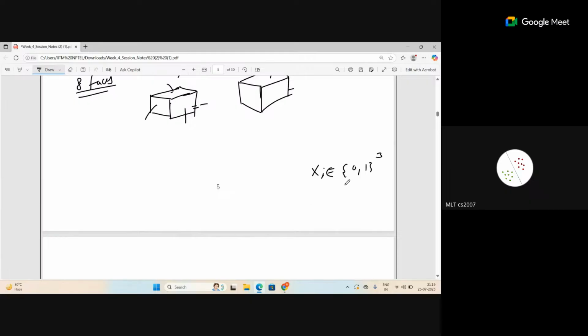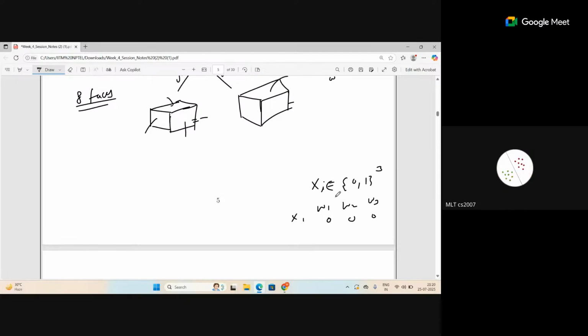X1 will have W1, W2, W3, and that will be 0, 0, 0, correct? So I need to find out its probability, and that is one parameter. W1 will be a coin. W2 will be a coin or a Bernoulli distribution. Each of the words will have a Bernoulli distribution. So can I consider all of them as a coin?